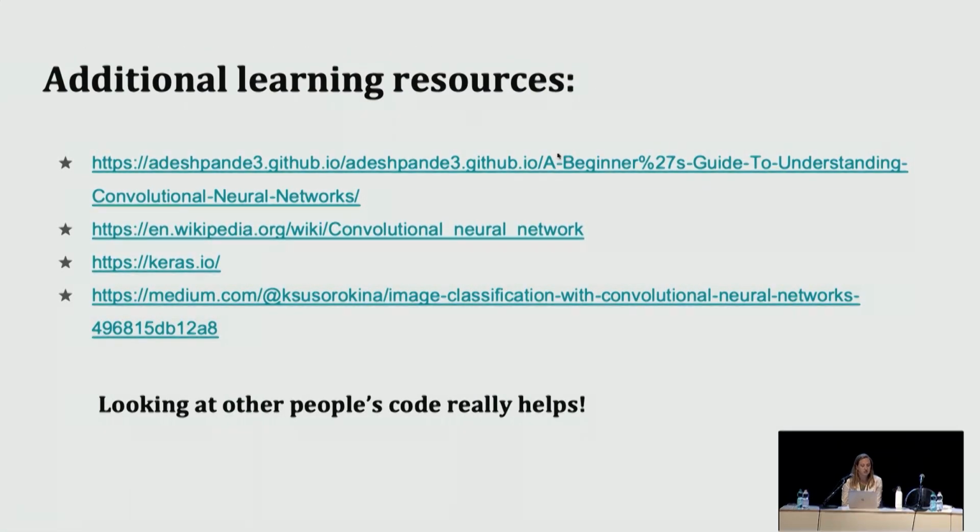And then I just linked some additional resources that I've been using myself. I know there's an overwhelming amount of information out there on the internet in general, but especially with deep learning, if you're not familiar with it, if you're in neuroscience, not computer science. I actively follow the literature and even find it super hard to keep up to date on everything. So for me, I just decided I was going to start looking at a bunch of people's code, and I didn't set out to say, I'm going to learn deep learning and just master it.